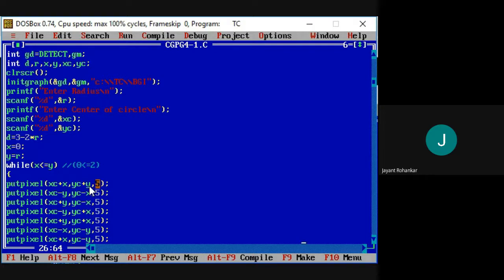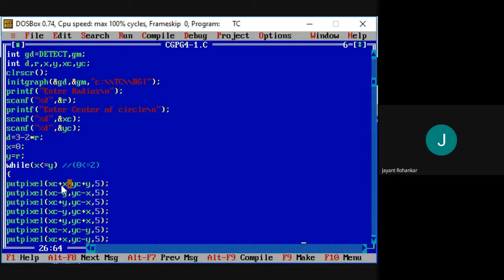This is the value of color which is assigned to that particular pixel with which you will draw the circle. So you can see very easily we have to add the value of x to the center value of x, then we have to add the y value to the center value of the y coordinate.